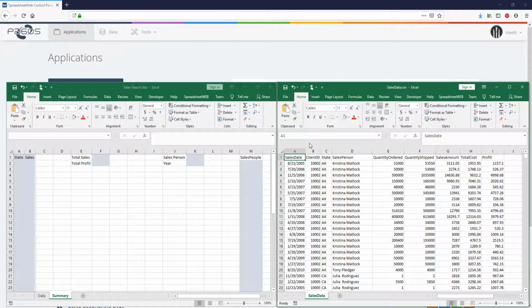To prevent this, we can import this dataset into Spreadsheet Web and create queries to use this data in our search application. Once imported, this dataset will be available as a data map. Now let's go into the workbook which will be the underlying spreadsheet for the search application and assign name ranges. The dimensions of these named ranges are important, and we must consider the size of the results tables for each